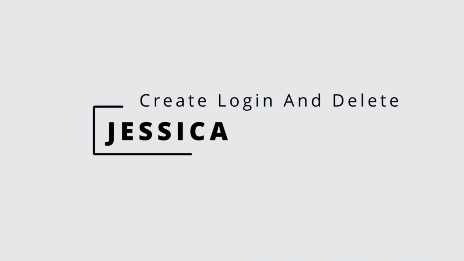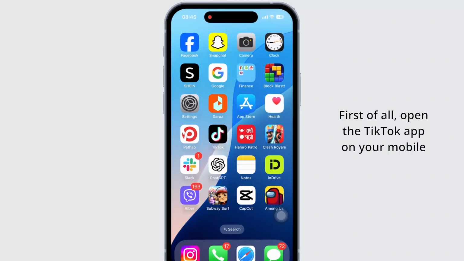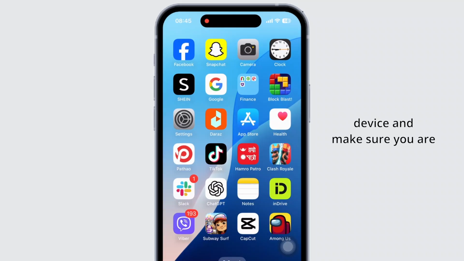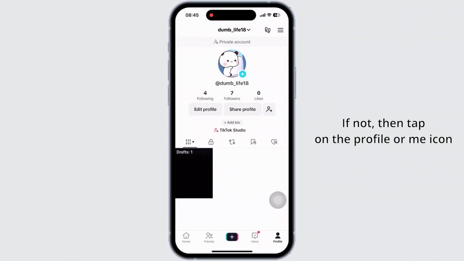So let's get started with these fixes. First of all, open the TikTok app on a mobile device and make sure you are logged into your TikTok account. Once inside the TikTok app, make sure that you are in your profile section. If not, then tap on the profile or Me icon available at the bottom right corner of your screen and